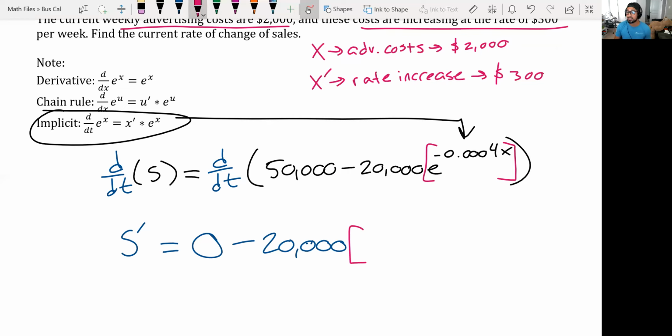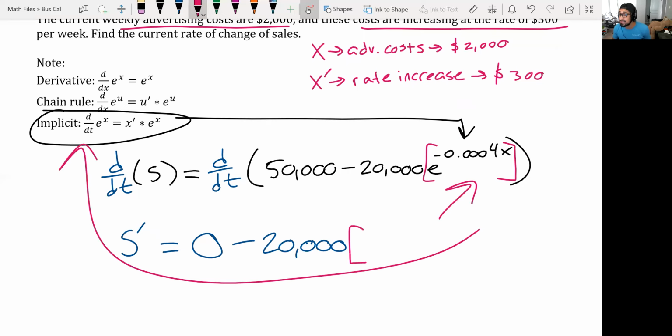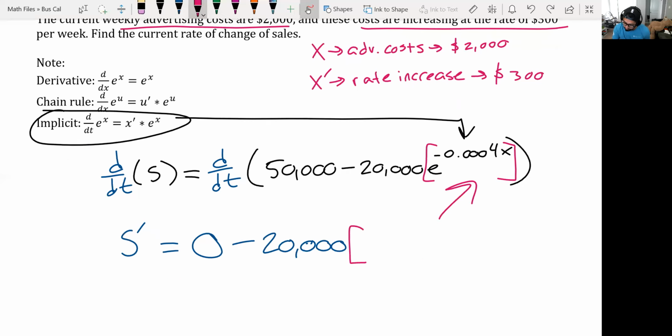And now on the inside, the derivative of this function using this property, we're going to get the implicit derivative with respect to time of negative 0.0004x